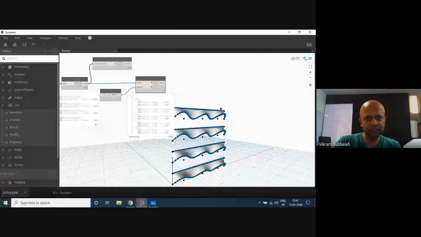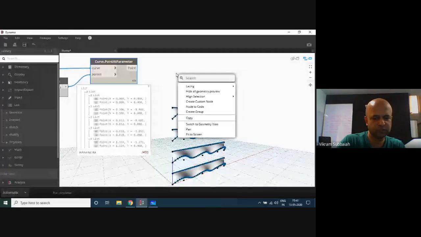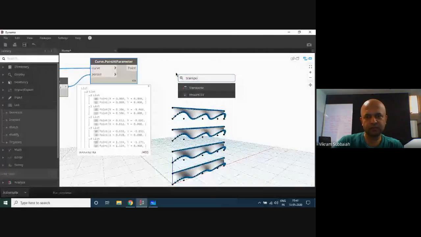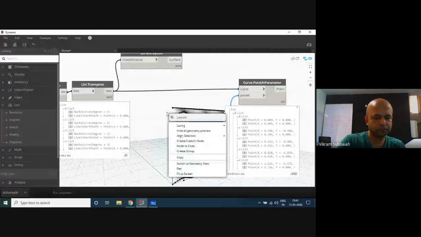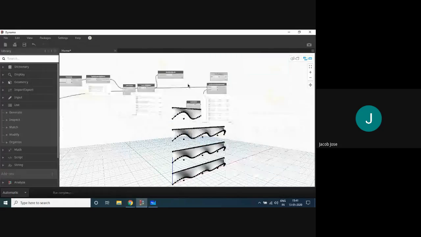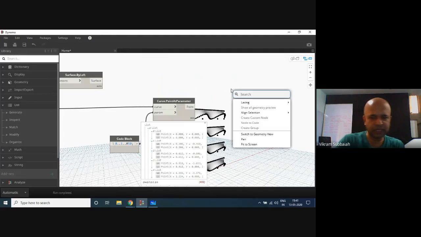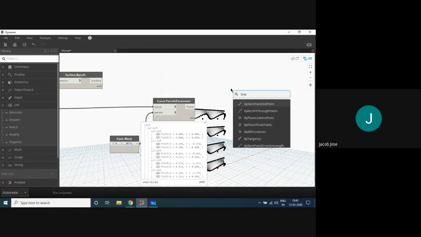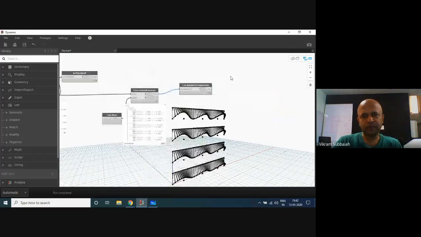What I'll need to do here is I don't want two like this. So I will transpose this, or before I can transpose the earlier thing itself. Or we can actually do this also. Then I say line by best fit 2 points, and we get these lines.